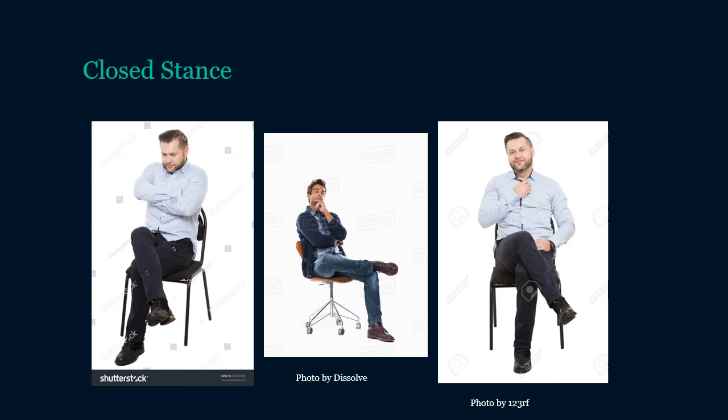All right, so let's look at some closed stances. So here's some basic closed stances that we can see from individuals. You've got the leg on the far left there. You can see the legs crossed, arms are crossed. That's pretty simple. If you look at that photo, though, that person is very defensive because they're pulled back in that chair. And again, looking at the chair itself makes it a little bit easier to see the body language,